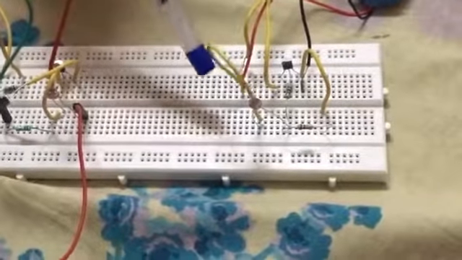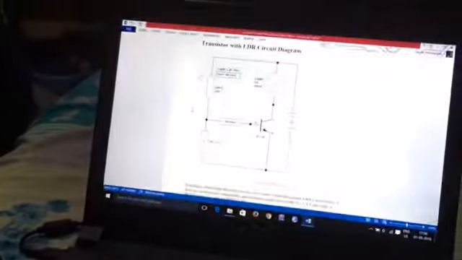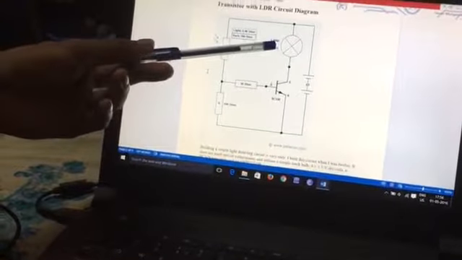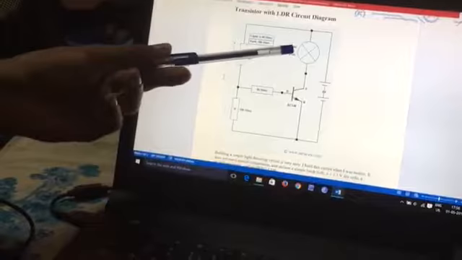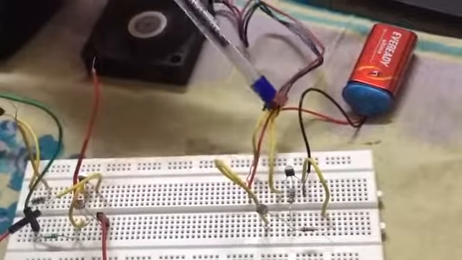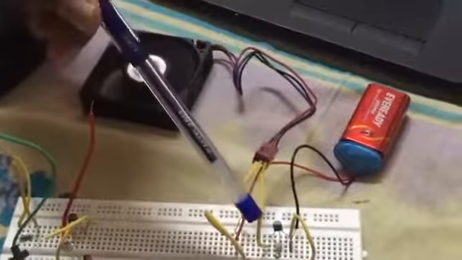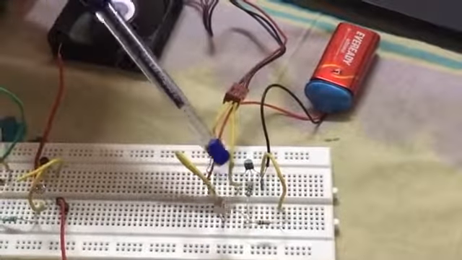Now this LDR is connected to the lamp. Here we are using a fan, that's the difference. Here it's a lamp shown in the circuit, but it can be any load. It doesn't need to be a lamp or LED, it can be a fan or anything. Here this LDR is connected in series with this fan. You can see in the circuit, I've connected it here, and then this fan is connected to the collector terminal. You can see how it's connected.